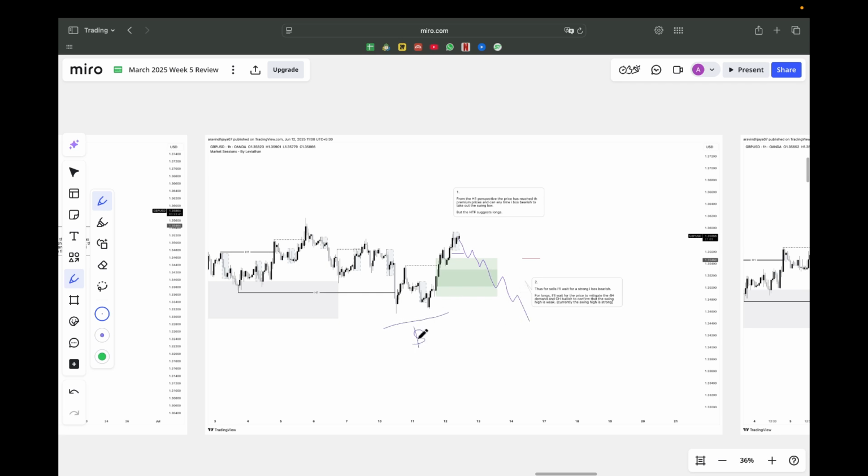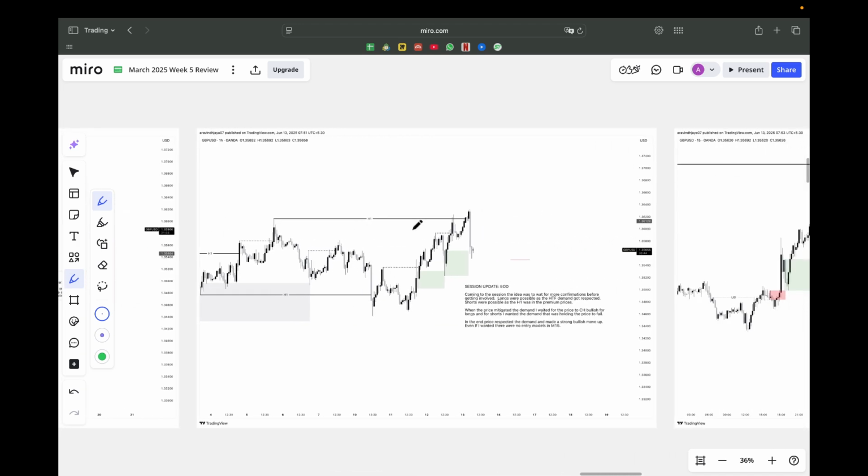So that could happen. In order to be on the safer side, what I'm doing is waiting for the price to mitigate into the 4-hour supply and give me a strong shift first, and from the freshly formed POI, I can confidently look for sells, that this high can be taken out. So that adds additional confirmation. But yeah, no price.